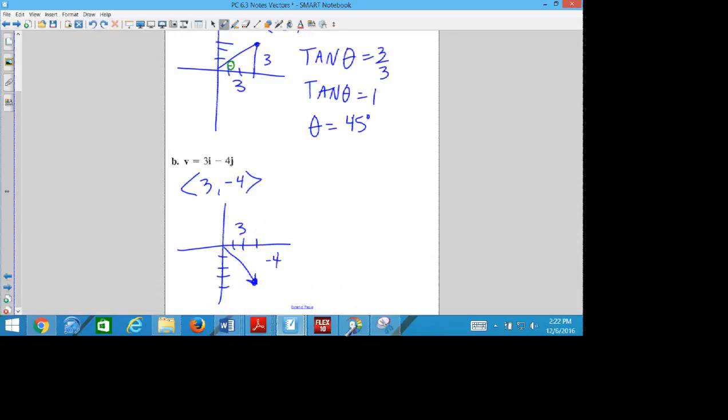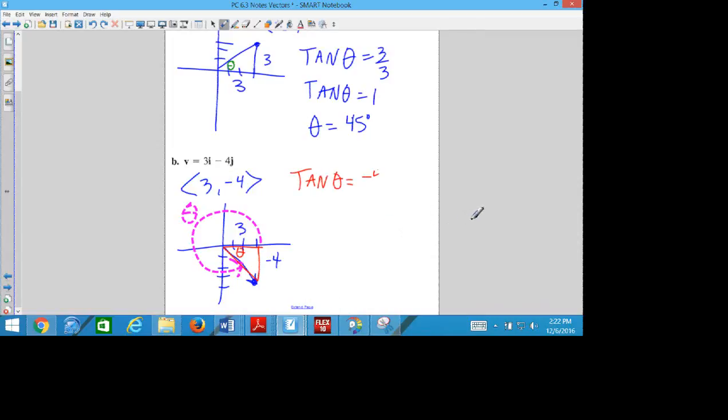If we try to find theta, theta is going to be this. I'm not going to find that one first; I'm going to find the reference angle. I'll find that angle, and then I will find the pink one next. According to that theta, what two sides do we know? We know the opposite and the adjacent. So we know tangent